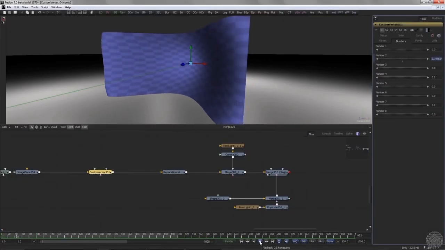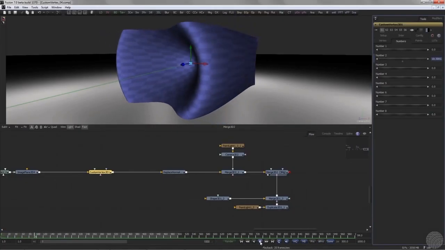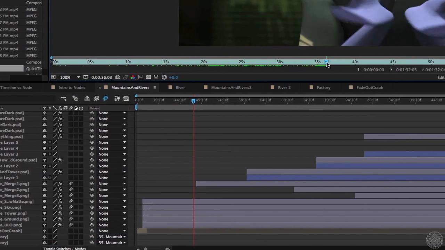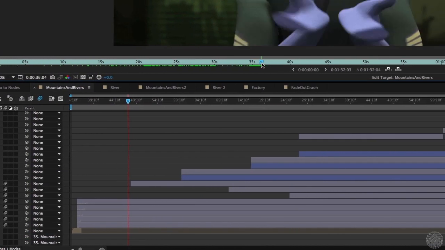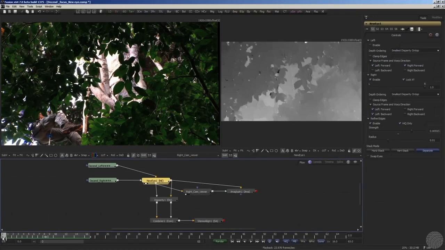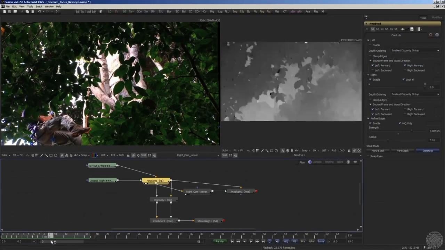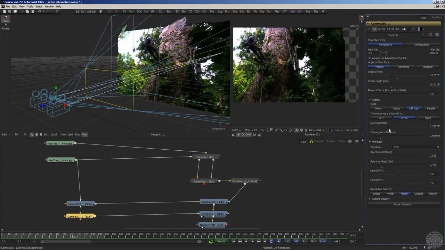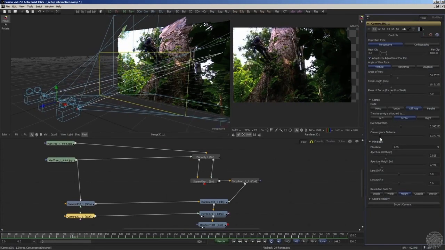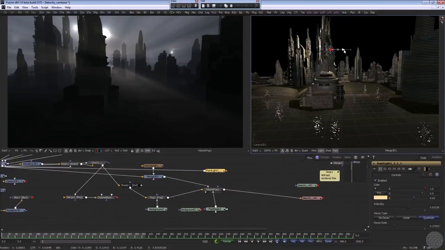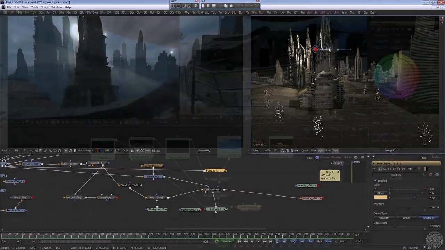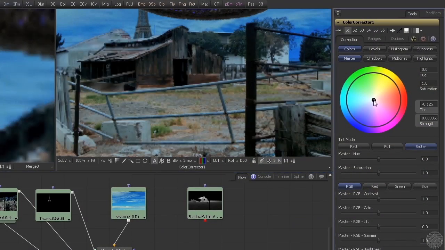Nodes are a completely different way of approaching visual effects work. Where applications like After Effects are centered around the timing of things, node-based compositing is much more concerned with the spatial relationship between them. The good news is that in the next few minutes, we'll help you wrap your head around the whole concept of nodes and how to assemble a basic composite. And once you have the essentials under your belt, you'll be able to quickly pick up the specifics of individual